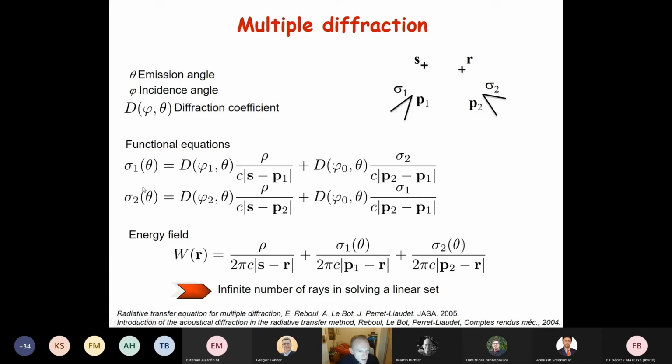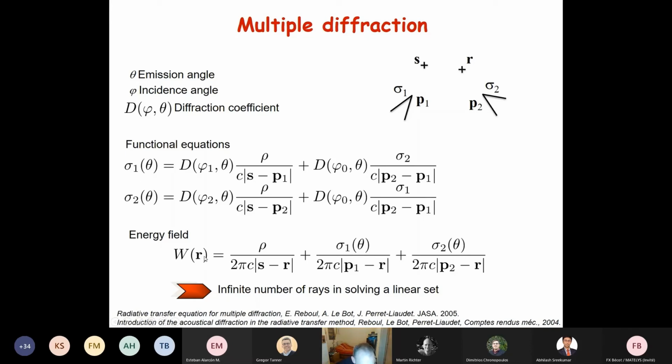For instance, let's have a look at the first one, sigma 1. The power which is emitted by these fictitious sources is the power coming from S plus the power coming from sigma 2, and each time we have a diffraction coefficient capital D which appears. So we obtain a linear set of equations on sigma 1 and sigma 2 that can be solved, of course, easily, and then